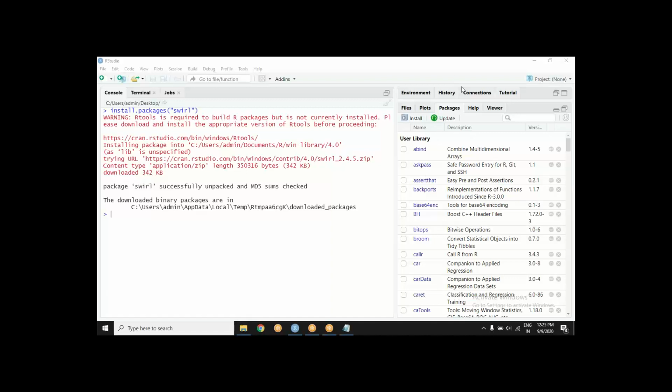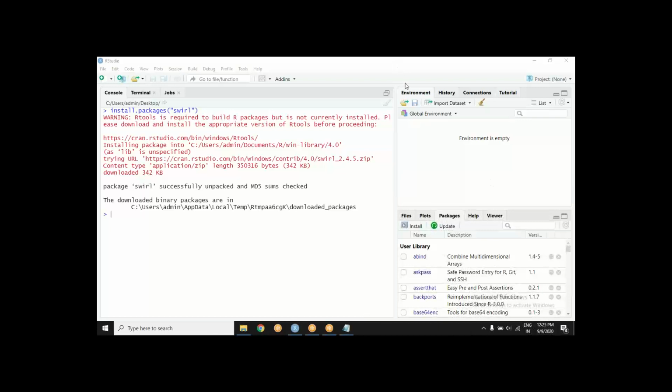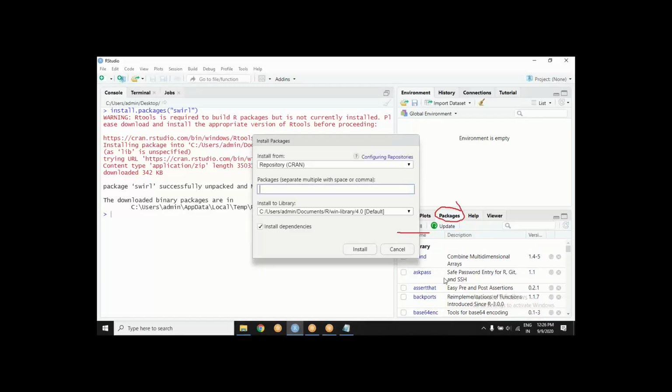You go to this fourth pane. In the fourth pane, you go to this packages tab. There are two sub tabs: install. You choose install, and install causes a pop-up. When it comes a pop-up, you don't change any setting. Let it be the way it is. You just type the package's name.